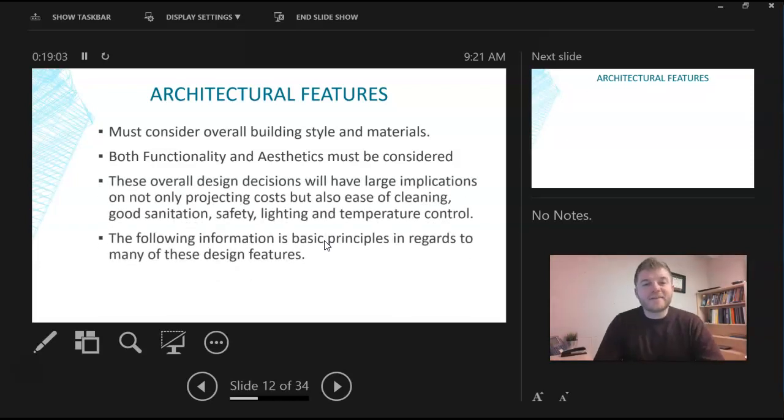Then we also have to look at architectural features. You must consider the overall building style and materials. We have a functionality requirement, but we also have an aesthetic requirement, which means it must look nice, right? All of our places, either people are paying for an experience or paying for service. Even if it's long-term care and retirement home, there's still a level of aesthetics that must be considered. And if you're looking at commercial operation where people voluntarily come in and pay, you really need that aesthetic component